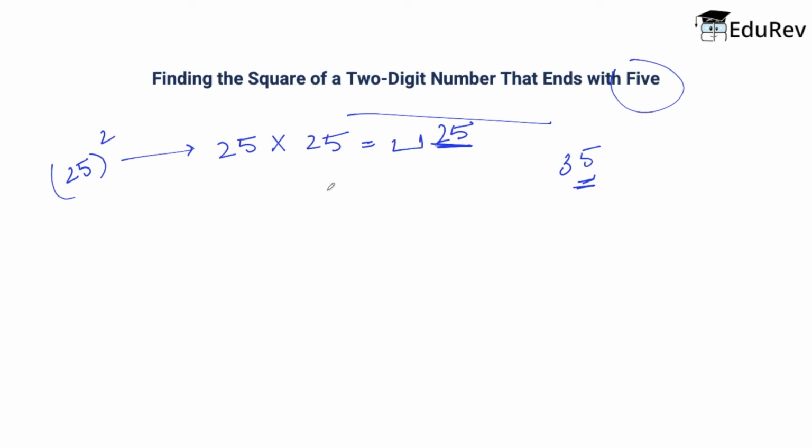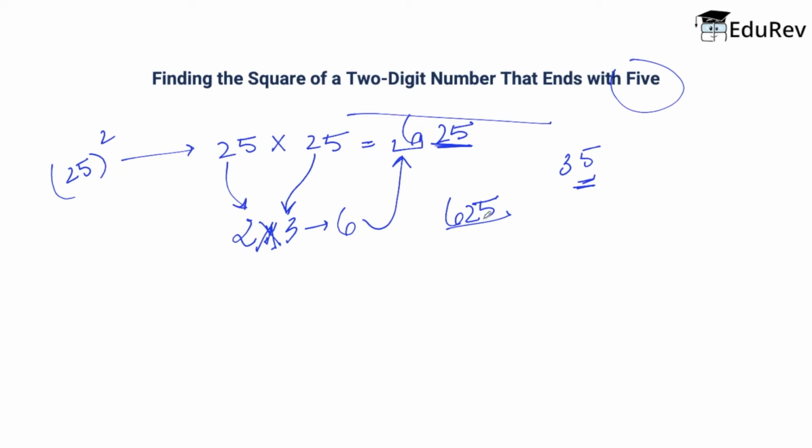Now let me tell you how to do it. You are going to take the first digit, that is 2 from here. You are also going to take this first digit, but before taking this number, you need to add 1 to it. So it will be 3. Now you need to multiply 2 into 3, and this will become 6. And then you need to keep your 6 here. So the number is going to be 625. So this is basically how you multiply 25 into 25, or basically finding the square of 2-digit numbers that